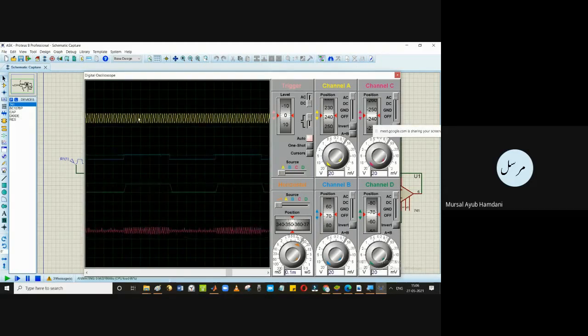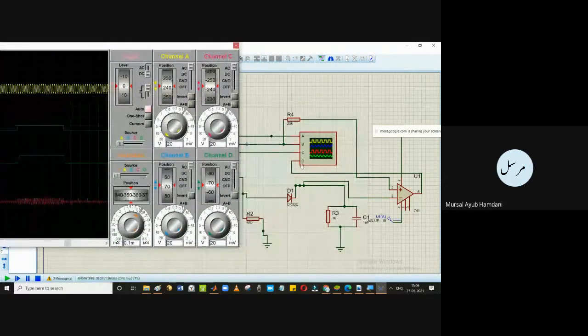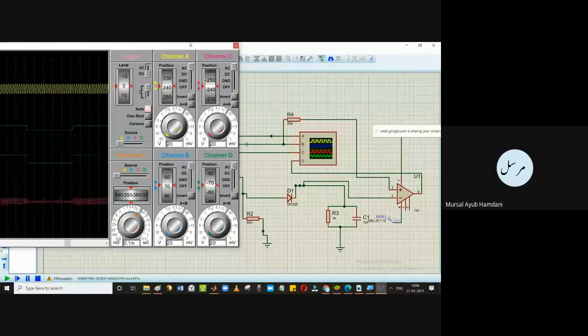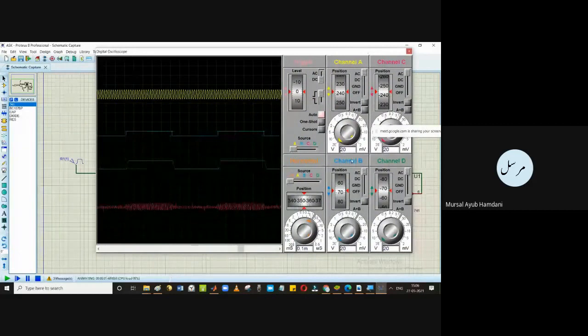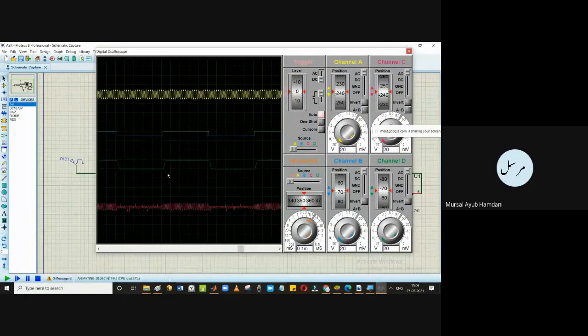The blue one is the pulse that we are giving. The green one is the demodulated signal. You can see channel D here, and B. B is the input pulse that we gave, and we have recovered that.